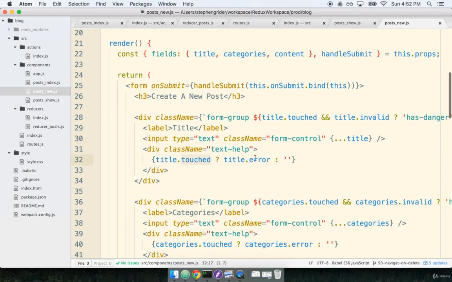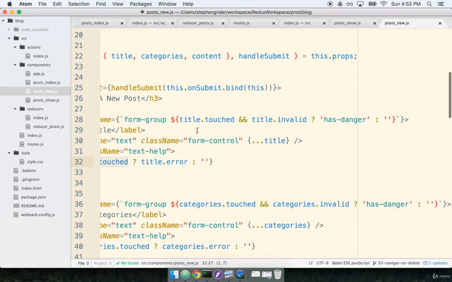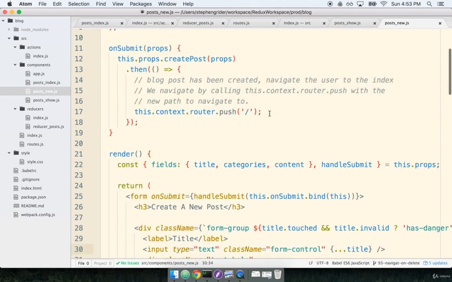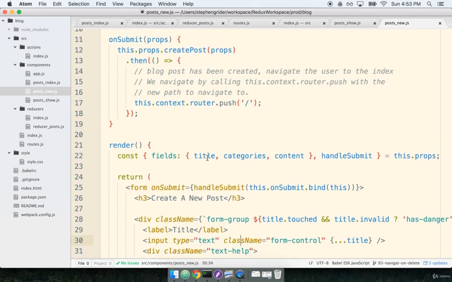Specifically, we made sure that we showed an error, if it existed, for each individual input only after the user had interacted with the input in some fashion. Finally, we made sure that we highlighted the entire field and its error message red if the user had touched it and if the particular field was not valid, if it hadn't passed validation. So this was definitely a pretty confusing little component right here, but the good news is